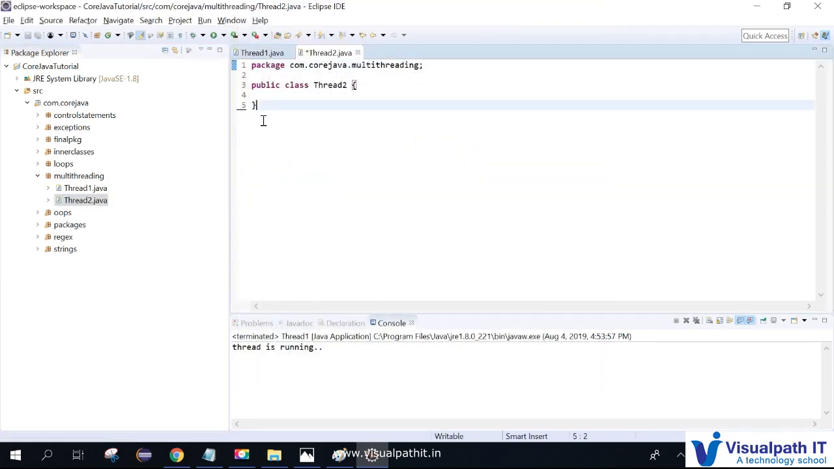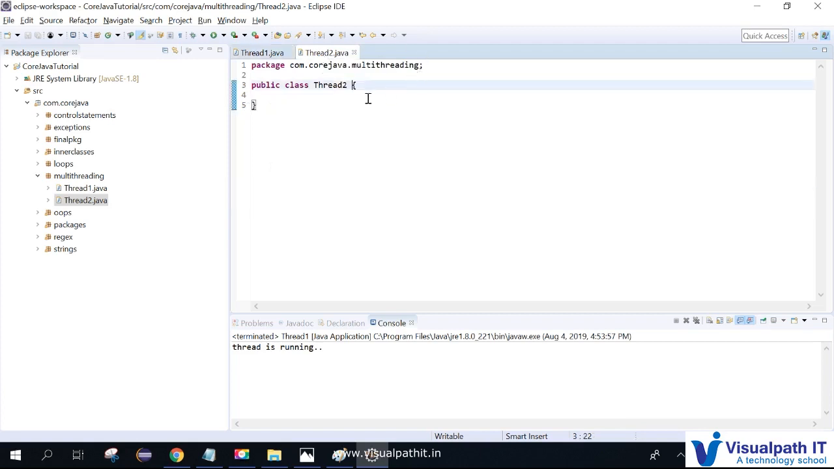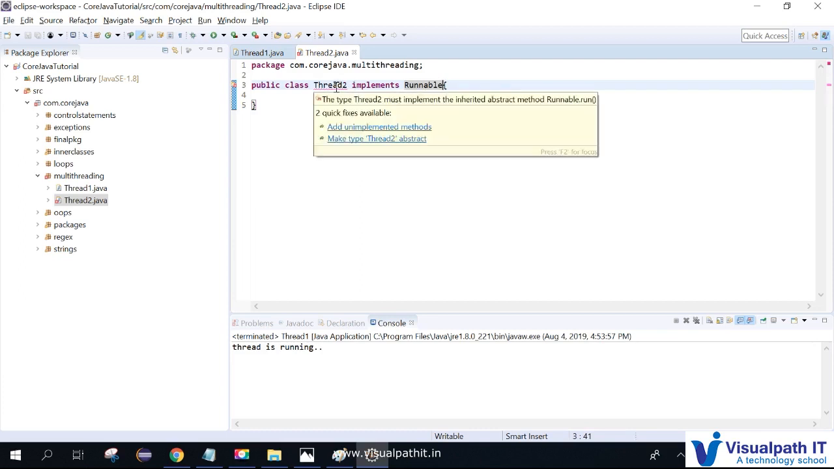I'm just writing Thread2. Here, instead of extends Thread, as we did before, I'm implementing the Runnable interface. The way to inherit an interface is using the implements keyword. And you can guess the code now. It is telling us that, as it is an interface, there is an unimplemented method. It is showing a compiler error saying you should implement the unimplemented method. Either you can type